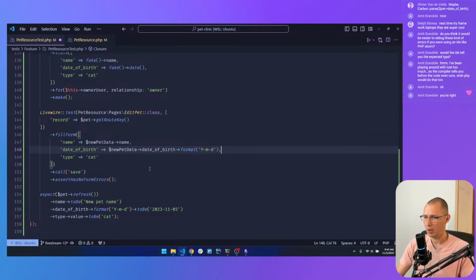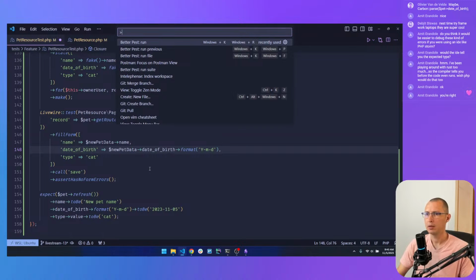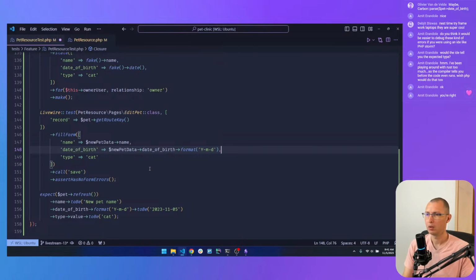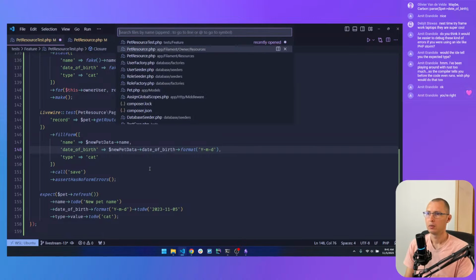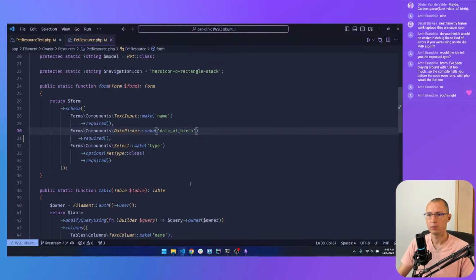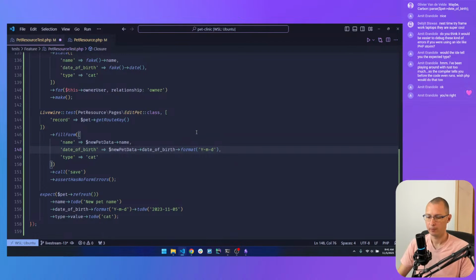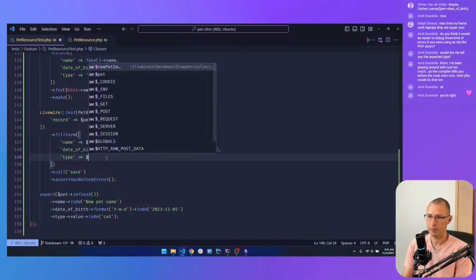Just to double check, are we formatting the value or the display value on the resource? We are not. Okay. So we're filling, this should be new pet.